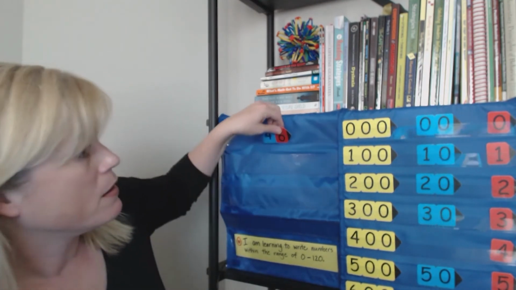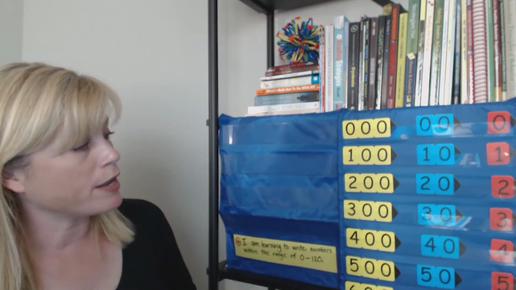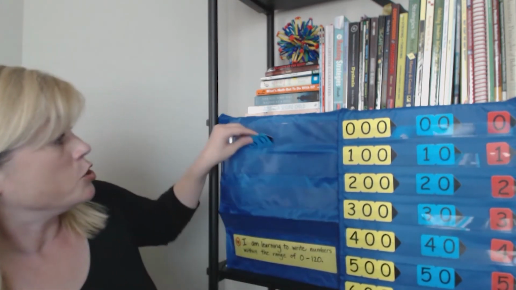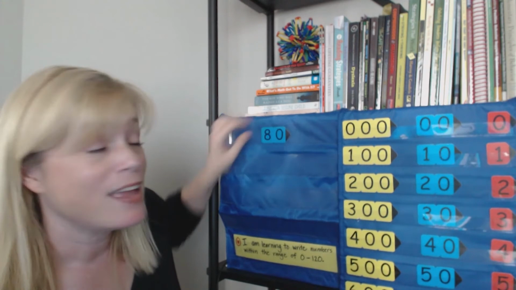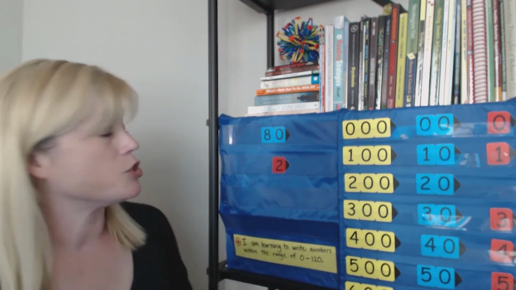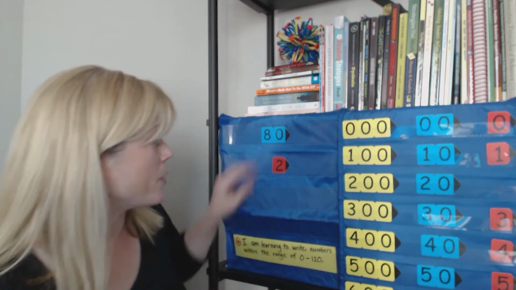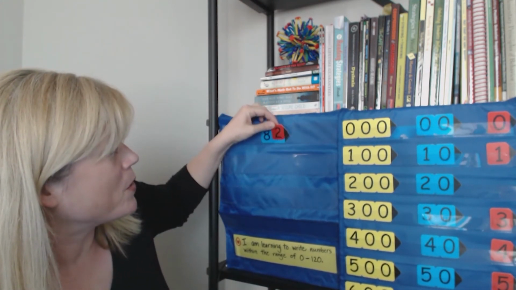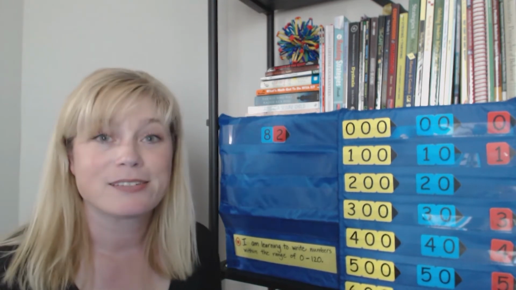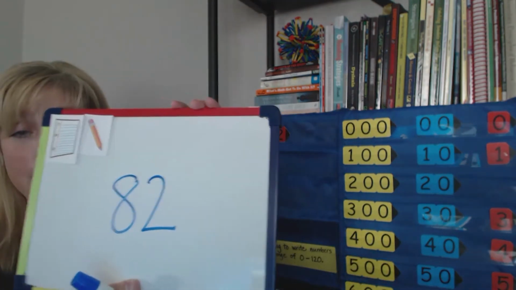Okay, I think you're ready. Now, what if I tried this time? I'm going to do a big one. Let's do 80. And let's try the number 2. So I have 80 and 2. Now, if you think you know what number that's going to make when I start to build it up using my arrow cards, go ahead and write it on your paper or on your whiteboard. Okay, I'm going to put it up there. Did yours look like this? Yep.